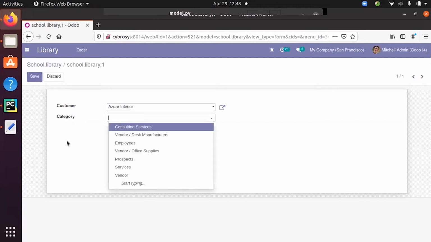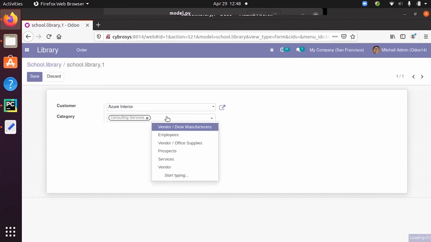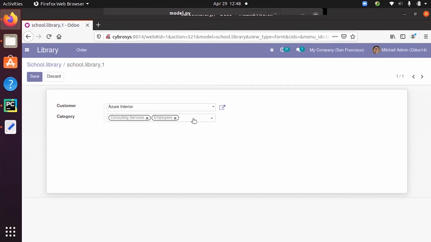Okay, so you can see the many to many field. You can select multiple records from the available ones. You can see these records came from the model res.partner.category. As this is many to many, you can choose multiple records.